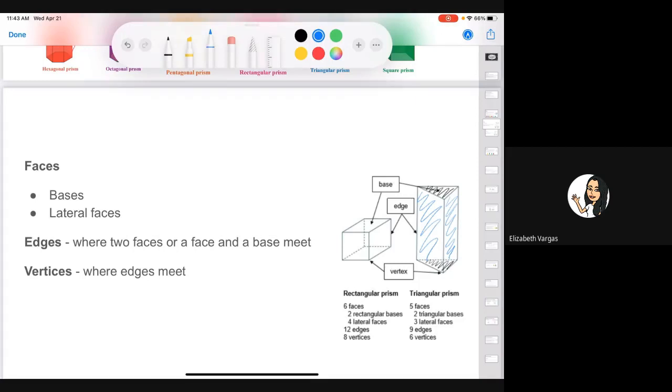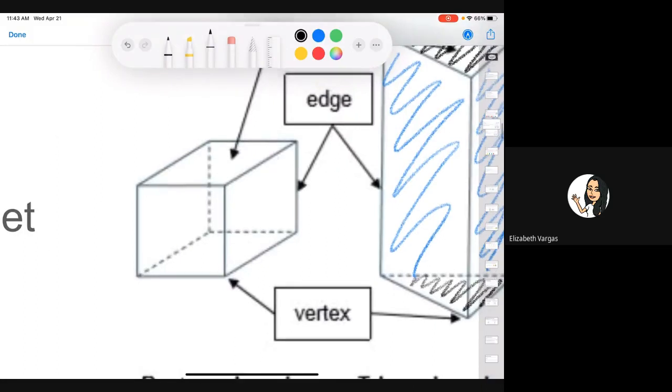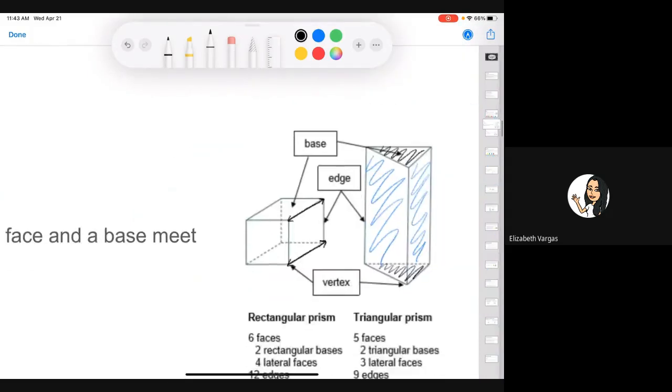We also have what are known as edges. Edges are where 2 faces or a face and a base meet. So for example, let's look at this cube. Our edges would be these different pieces right here, because as you can see, they connect those 2 faces together, or a face and a base together. So the edges would be the edge parts of these